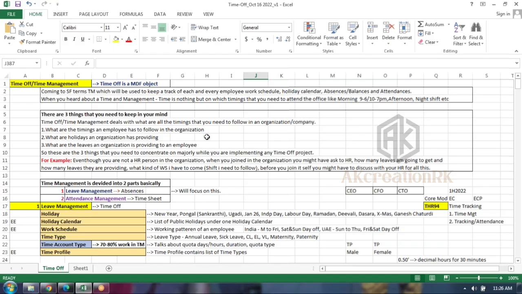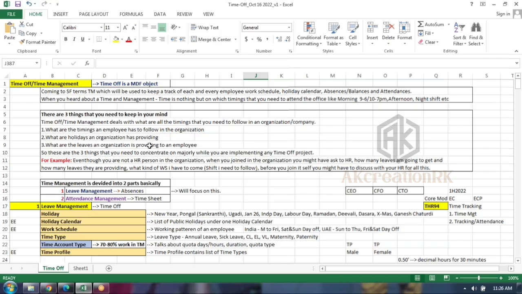At hiring time, for example, Mr. Ravi belongs to the manufacturing domain, that particular industry, so he has to follow that calendar. Coming to Anusha, IT side, she has to follow that calendar. Coming to Amini, she is on the sales side, so she has to follow that calendar.